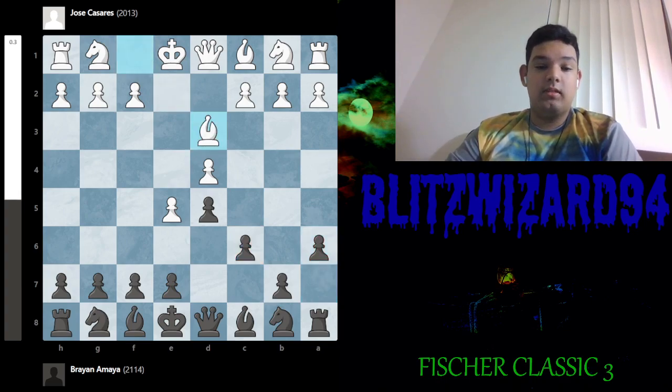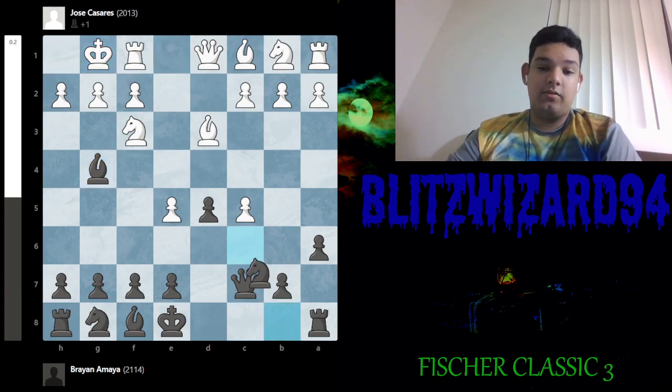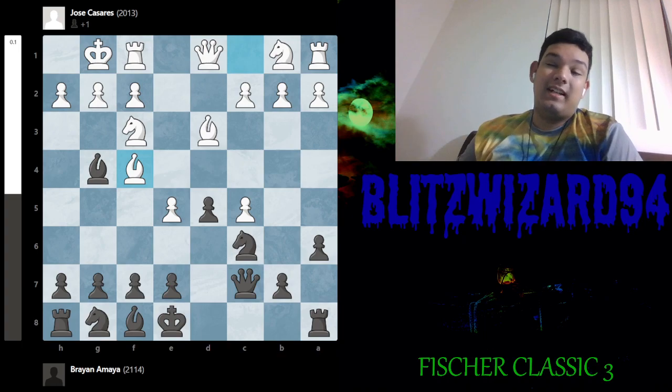We get bishop d3, c5. White takes the pawn on c5, queen c7, and we're entering again the same line I've played since round 1. Nf3, bishop g4 pinning, castles, knight c6, bishop f4, and here I gotta be a little bit worried, because he